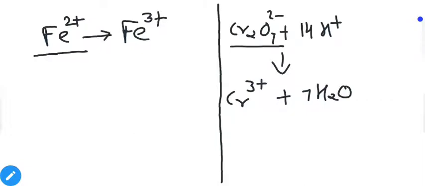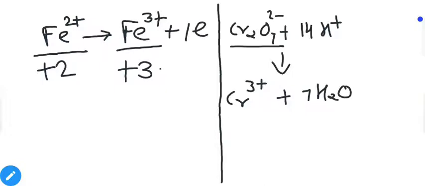On the left hand side, we have Fe+2, quantity 1, which carries +2 charge. So the charge on the reactant side will be +2. On the other hand, we have +3. So the total charge on the reactant side is +2, on the product side it is +3. So they are not balanced. Now it is an oxidation reaction, that means it loses the electron. If it loses the electron, then we can add an electron on the product side. And by the addition of one electron, we are adding -1 charge. So now the total charge on the product side is also +2. So charges are balanced. So we have to add one electron on the product side in the oxidation half reaction.